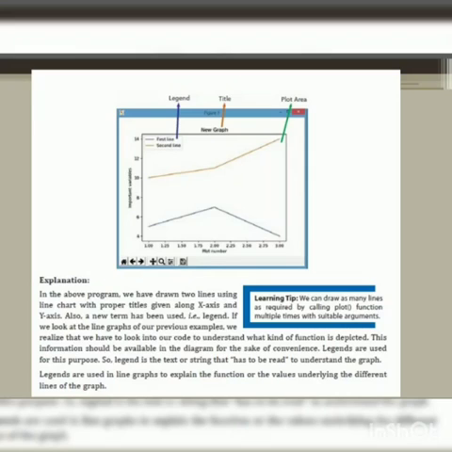Is it necessary that we draw only 2 lines? No. We can draw as many lines as required. With the help of the plot function, we can use the plot function multiple times with the suitable